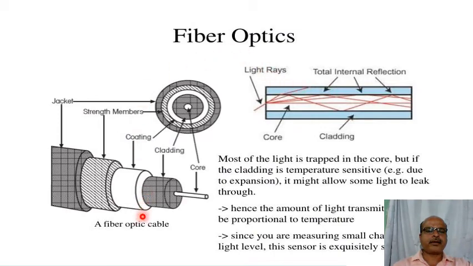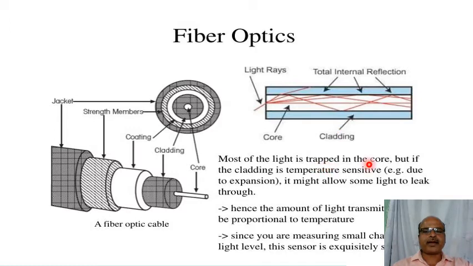So this is a fiber optic cable. The internal structure is the core, and the outer layer is the cladding. There is a coating, and also strengthening material or a buffer jacket outside the optical fiber cable. There are different types of optical fiber: single mode, multimode step index, and multimode graded index fiber. This is a multimode step index fiber. Here light rays are inserted and total internal reflection occurs. The internal part is the core and the outer part is the cladding.